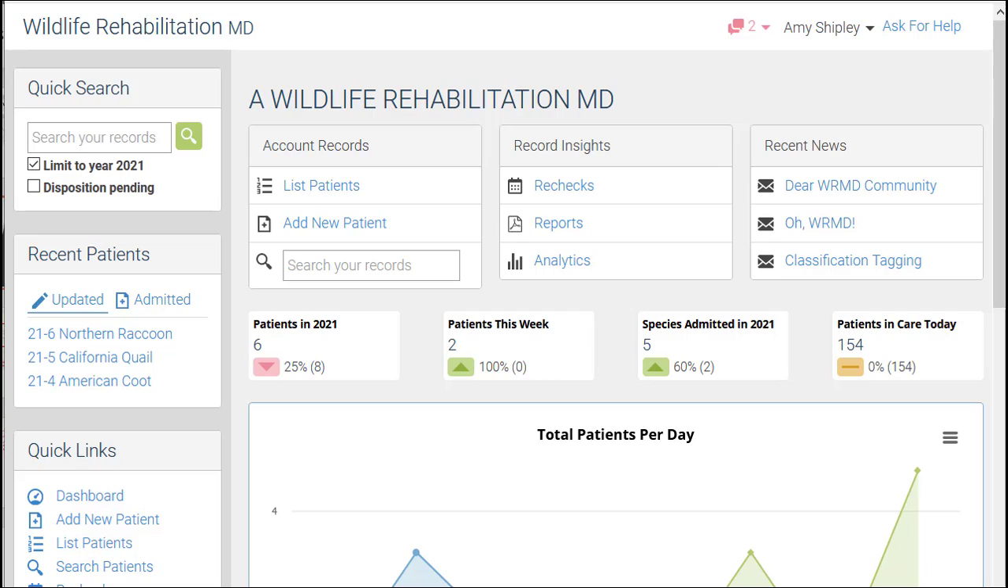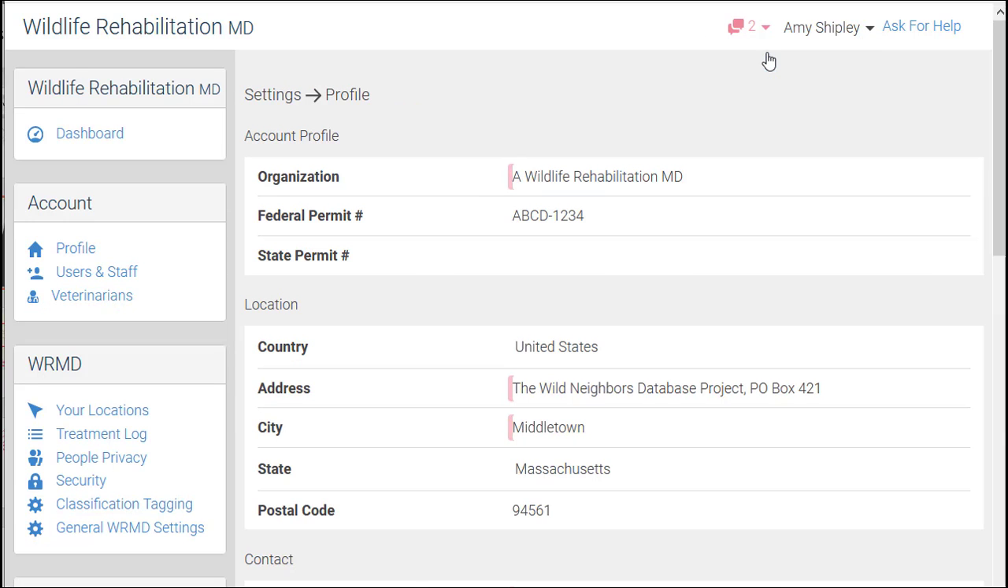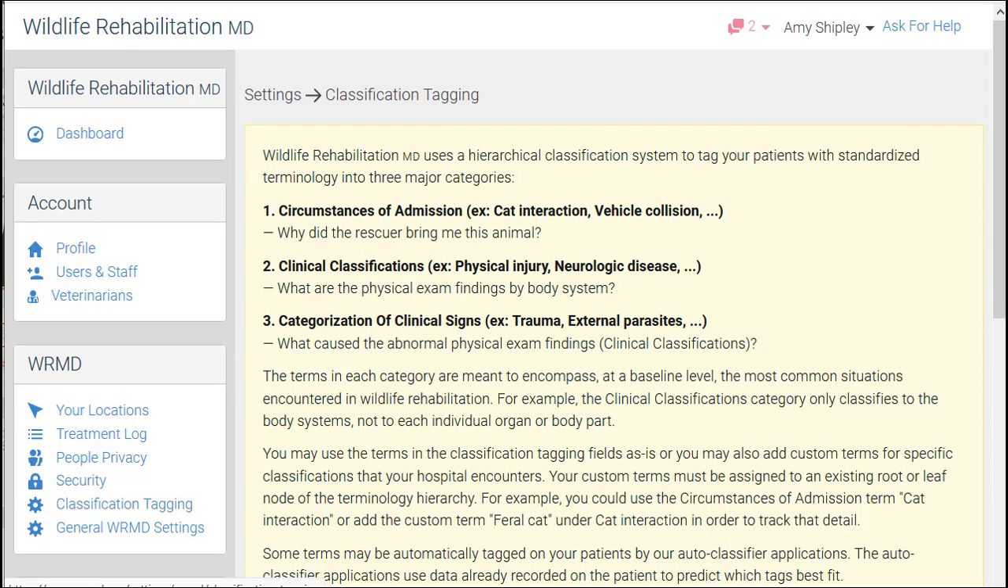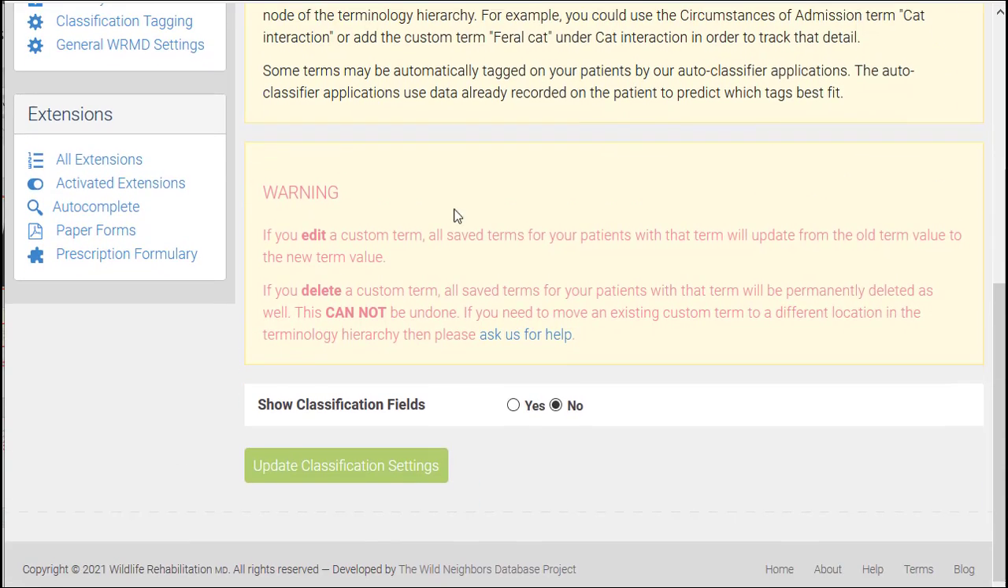So the classification fields are hidden by default. If you want to manually use them, you need to activate them, and here's how. So you go up to the settings, and then in this box over here under Wormed, you'll click on classification tagging. Here you'll see a list of the 3 different classifications that we use in Wormed, and you'll see a warning,